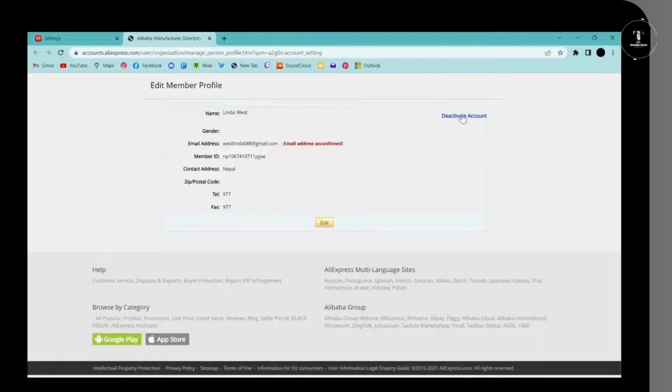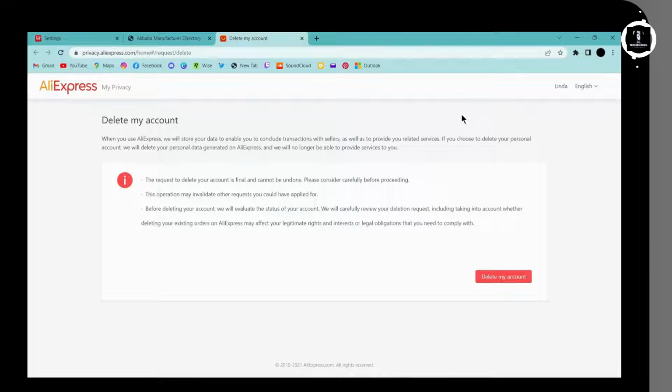And now you can go to upper right corner which says deactivate account, and then on the bottom right corner you will have delete my account. Click on that,